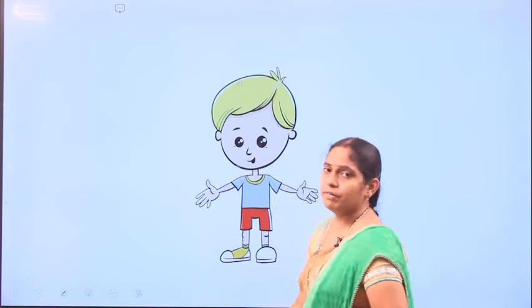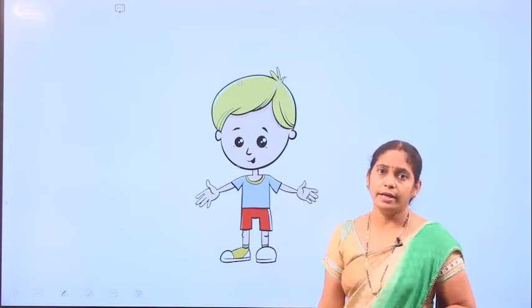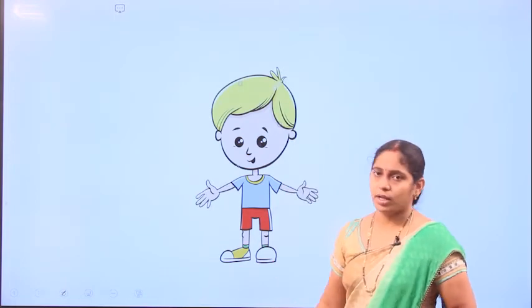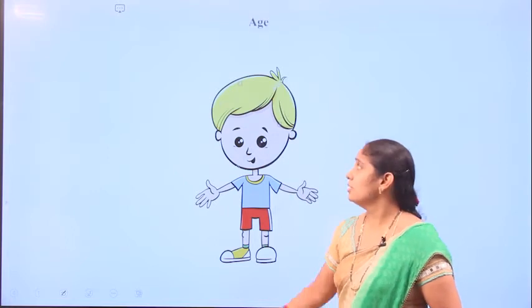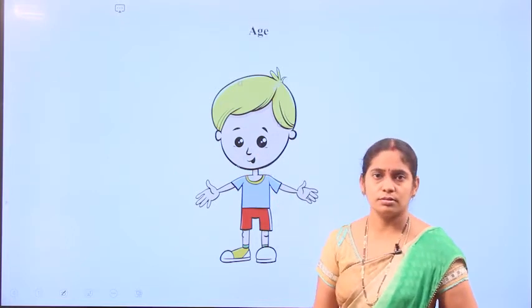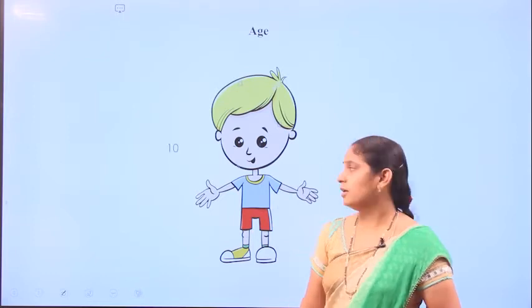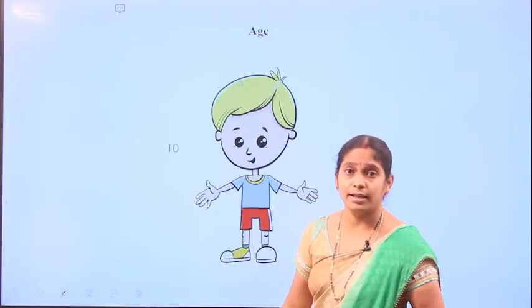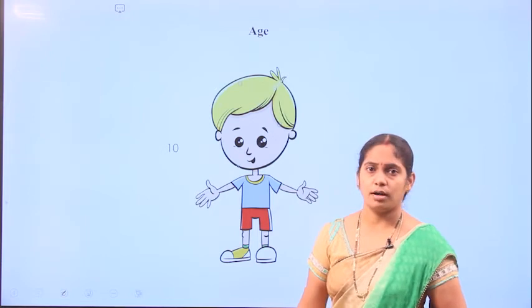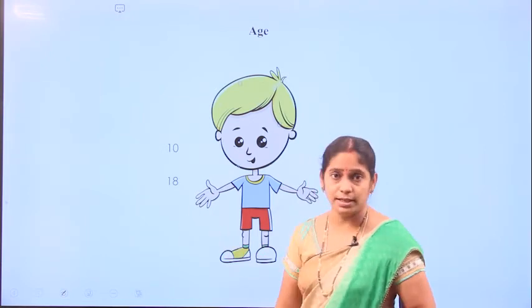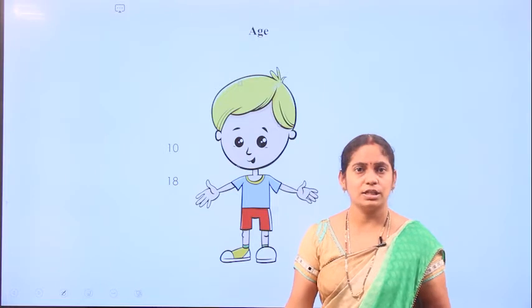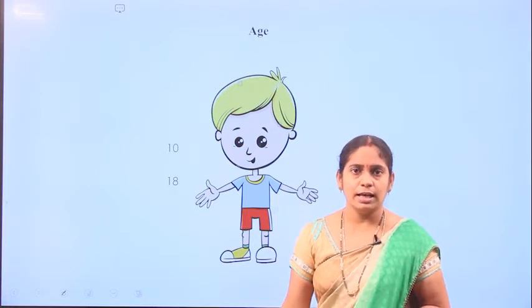Now suppose there is a boy. When I ask what is the age, what do we usually tell? My age is 10 years, or 18 years, or 23, like that.